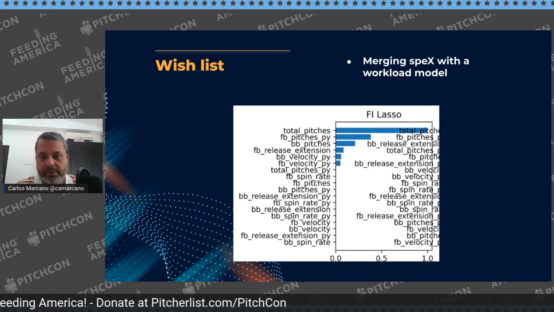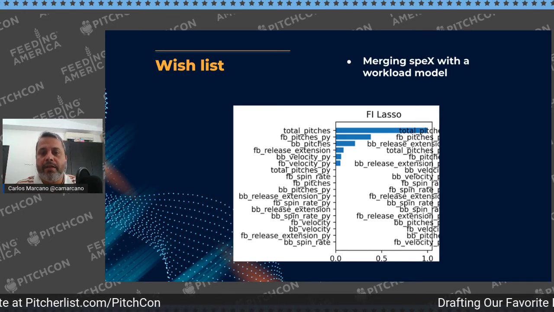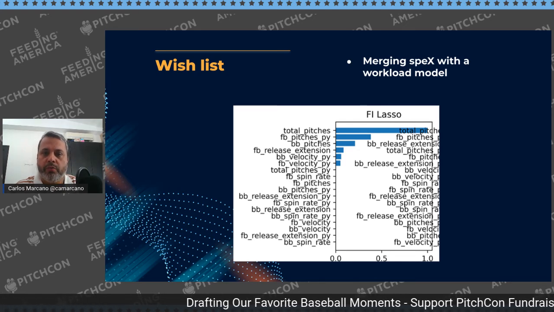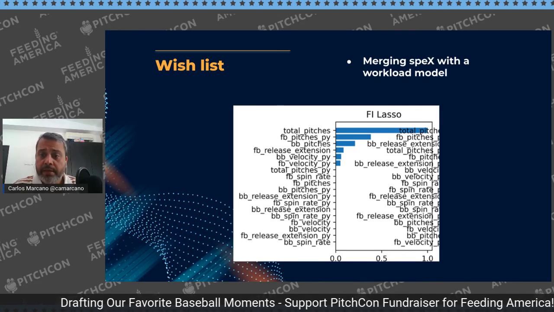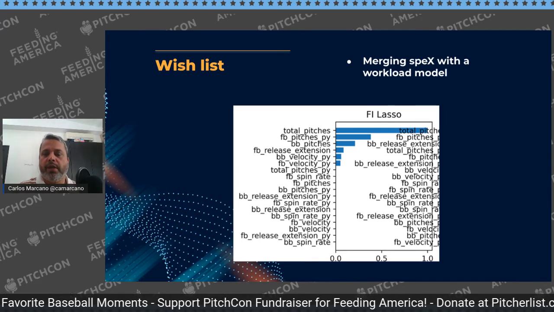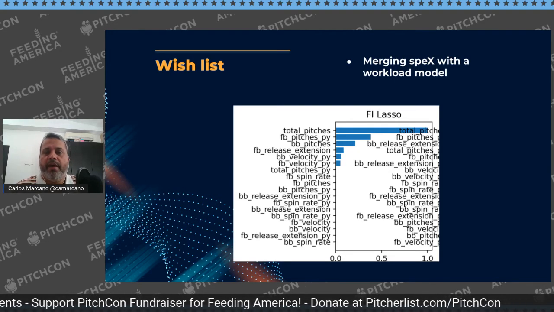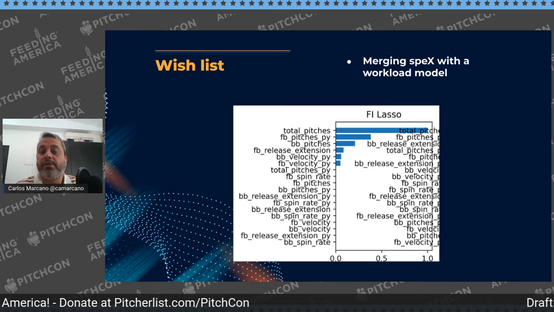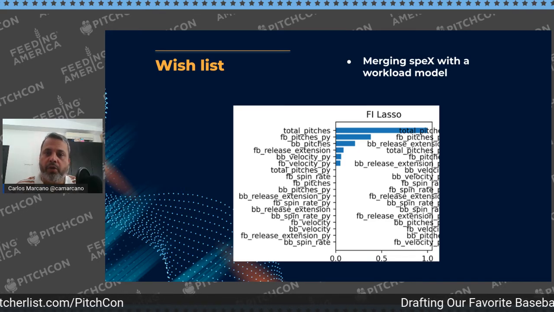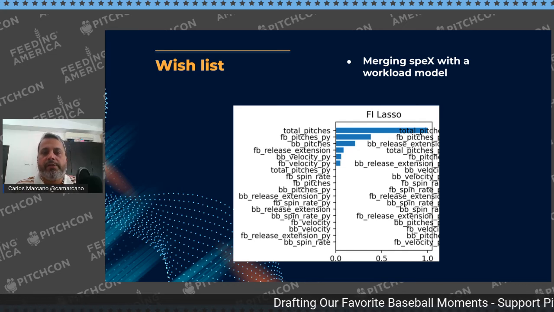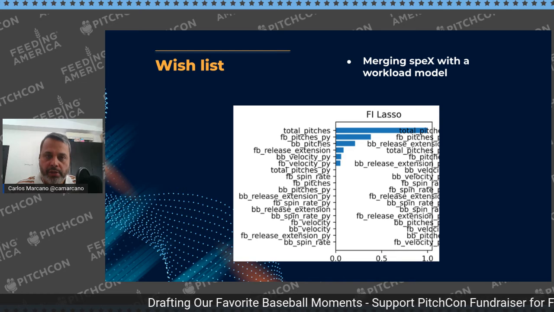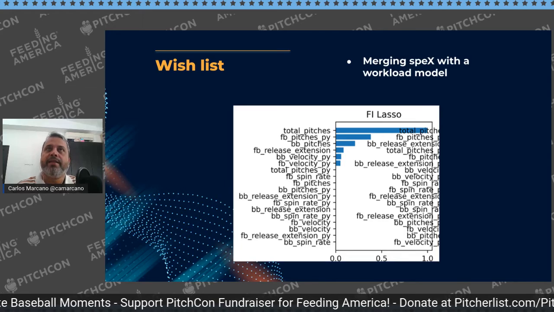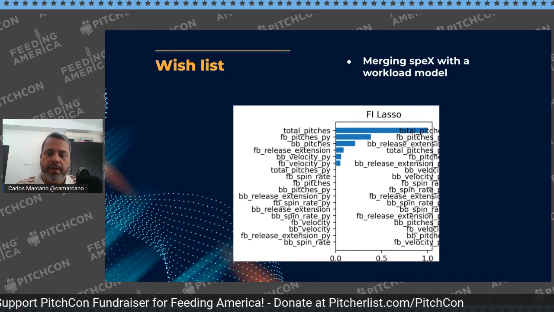I don't know when, to be honest, but I'd love to merge the SPECS model with the workload model of sorts, so it could be more integral. I'm not saying that the way SPECS works today is bad. Not at all. Actually, having a close to 70% correlation in the following year, right? For baseball, that's really good. And the way it works right now, it still gives you an edge in that regard. But I want to improve it more and more. I want things to be repeatable enough to be